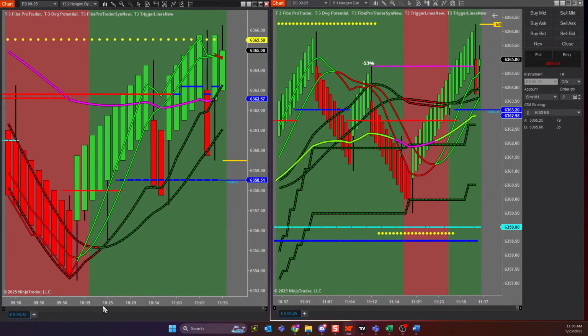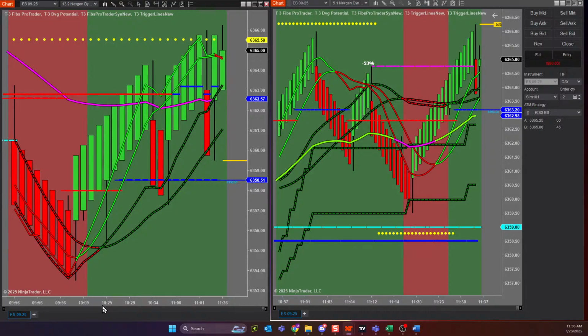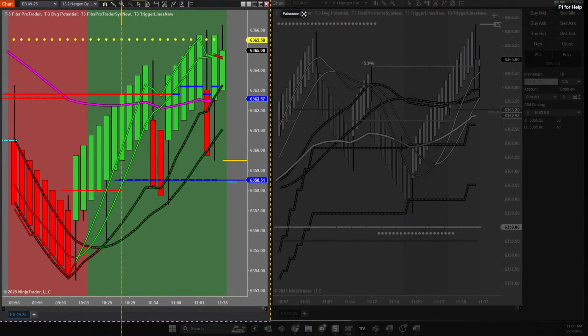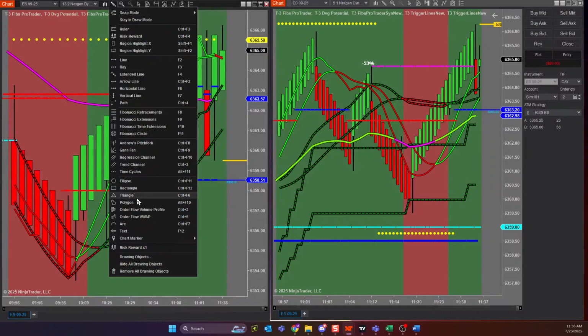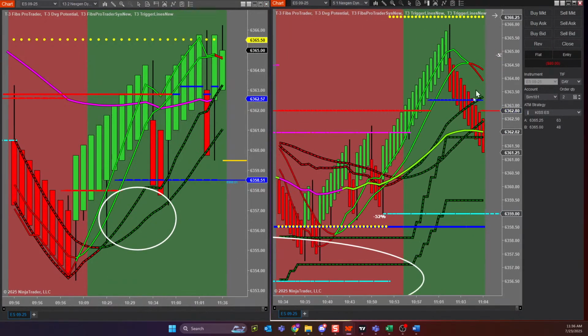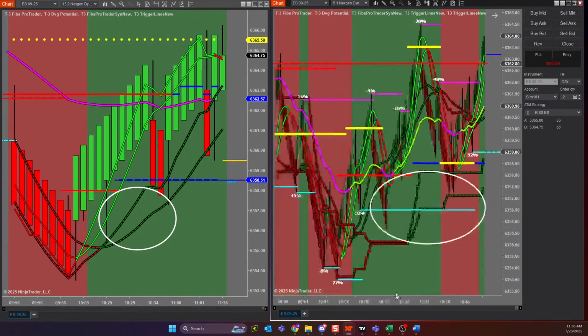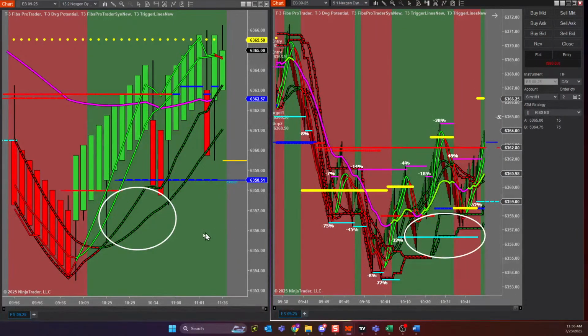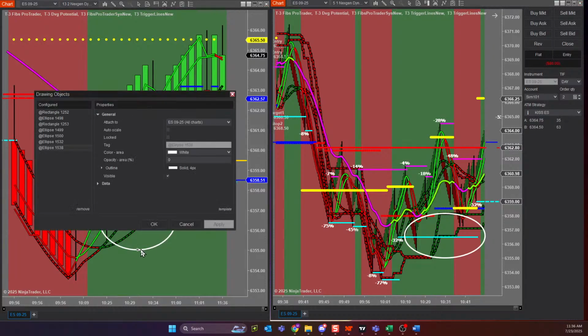Right on. Awesome. All right, so Victor, your drawings from the 13.2 aren't showing up on the 5.1. So if I do an ellipse over here, we want to see it show up over here, right? If it doesn't, double click on that ellipse, and where it says attach to, make sure in the dropdown it says all charts. And that should get you over there.